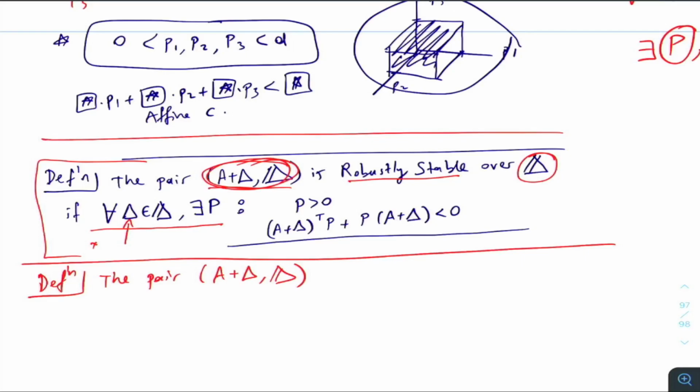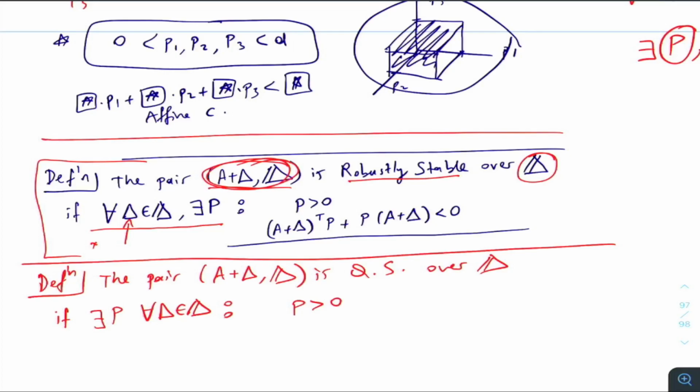This is a set, capital Delta, right? The pair is quadratically stable over capital Delta if, and here's the catch, there exists a P, there exists a P such that, I mean, we can also say, I wanted to make that point clear, for every delta in that set,